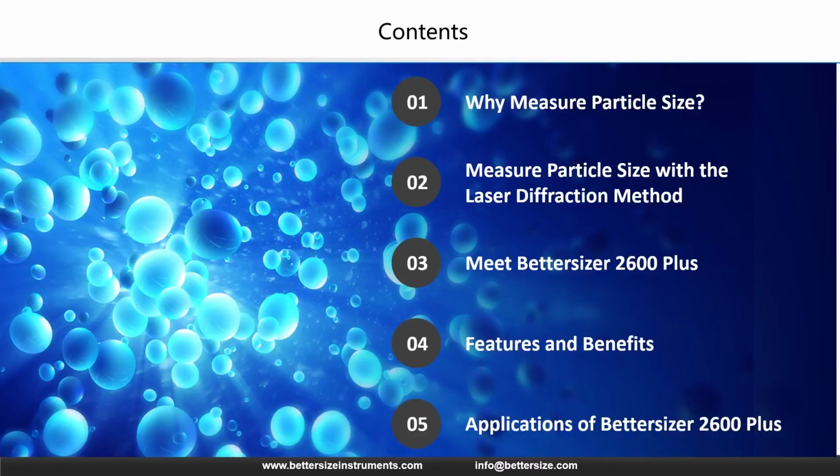Our discussion today is structured to take us from the fundamental why to the practical how. First, we will step back and answer the core question: why measure particle size? Why is this parameter so critical to your product quality? Second, we will look at the physics. We will explore how we measure particle size using the laser diffraction method, establishing the scientific principles that drive our